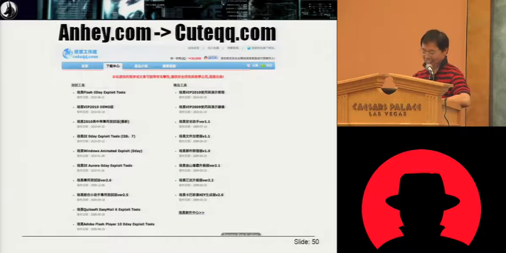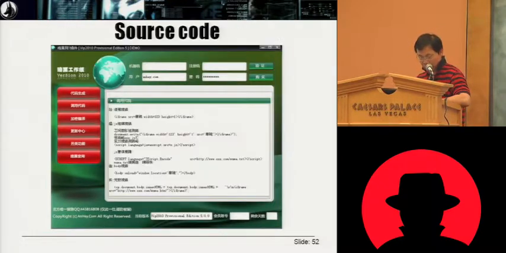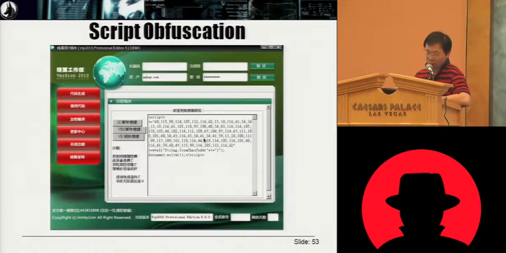It's free. Open source, no source. Open executable, use a binary to be word, man. Then it's the interface, pick your choice. Pick your favorite exploit, man. Here, favorite exploit like a supermarket, an exploit supermarket. Then source code, you got the source code, you can see but cannot change, sorry. And also the code after obfuscation, the script.